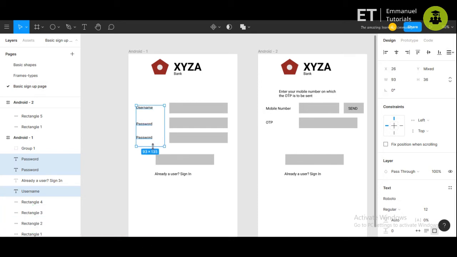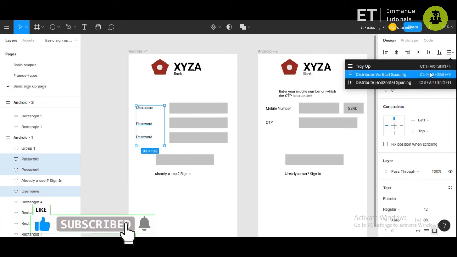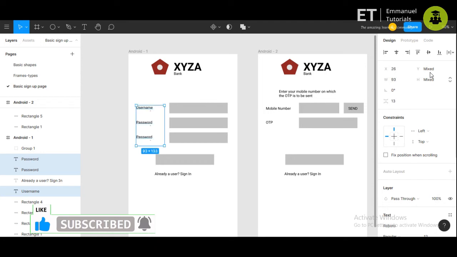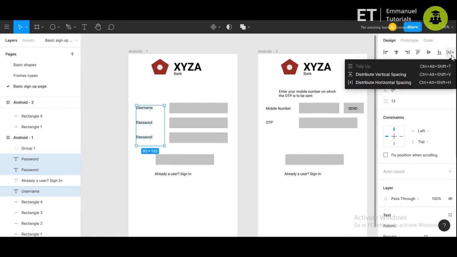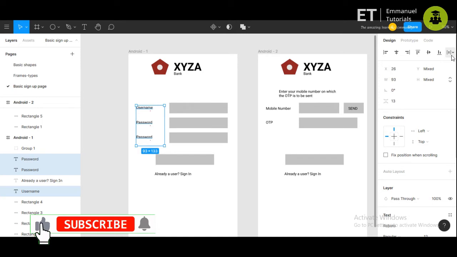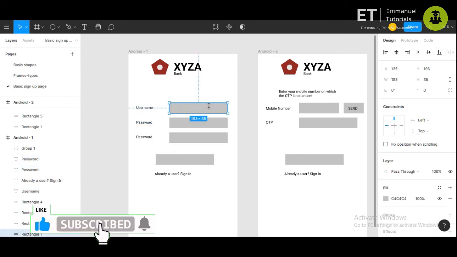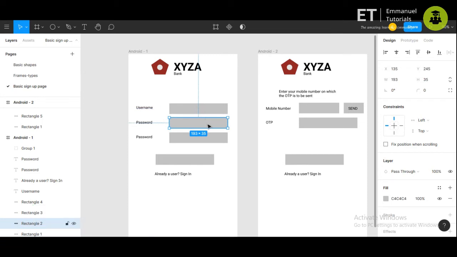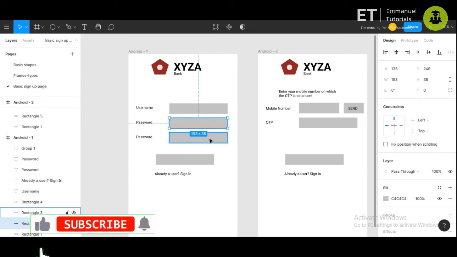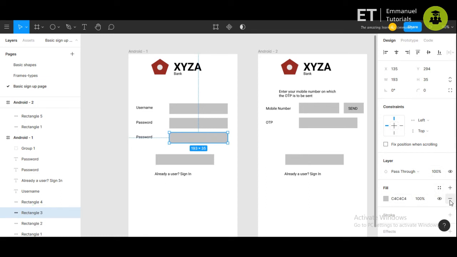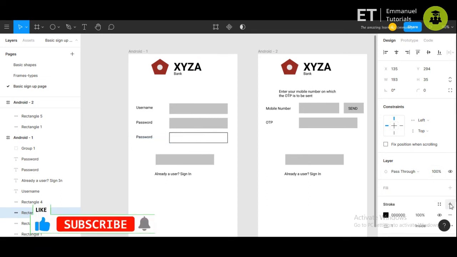We'll also try to align it with the boxes. So for that, I've used the distribute vertical spacing option. And now, to make the fields more visually appealing, we'll try to remove the fill. So for that, you can just click on minus, so remove the fill and add the stroke.